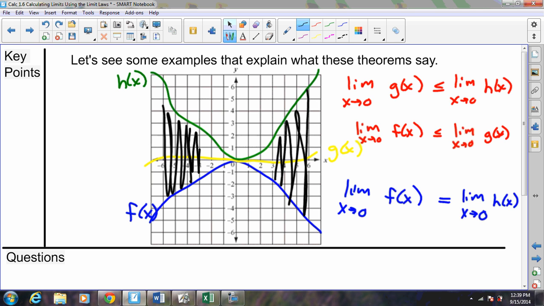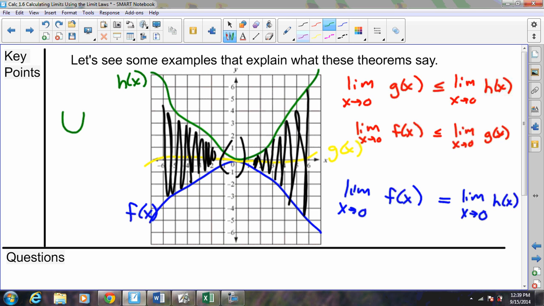And as we get closer and closer to our window, we're noting that in this tiny little area, this tiny little neighborhood, it still holds out. Green is above yellow, is above blue. But because green and blue are squeezing together and actually getting to the same point, yellow has to be in between them, so it's got to be the same piece. It's just saying